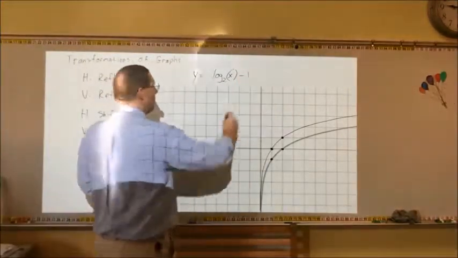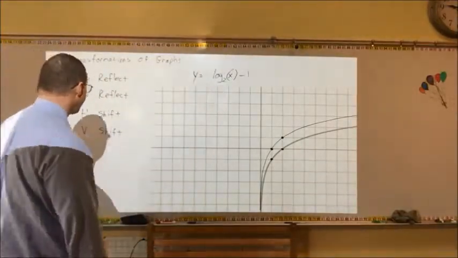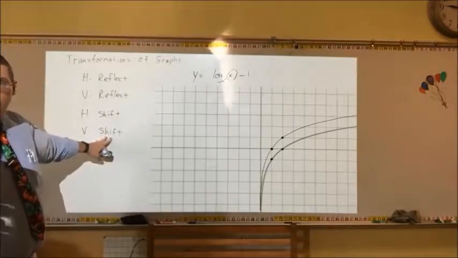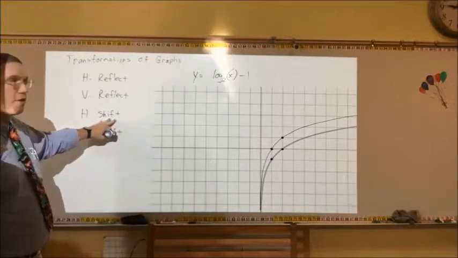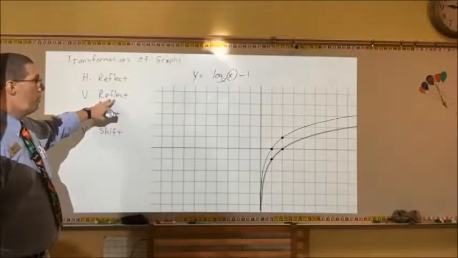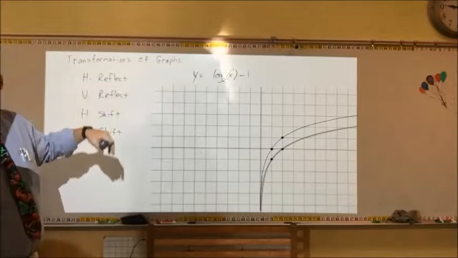We would put a minus 1 on the end of the logarithm. Yeah, this is a vertical shift. Vertical shifts work the same way as with exponential: we put a plus or a minus on the end of the function. Horizontal shifts get a plus or a minus with the x. Vertical reflections, we put a negative in front of the function, and horizontal reflections, we put a negative with the